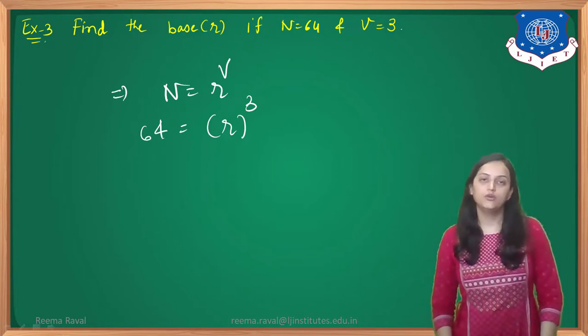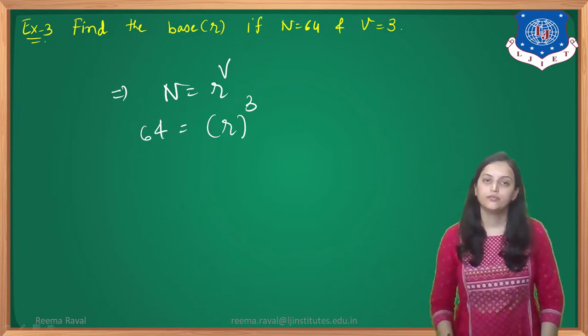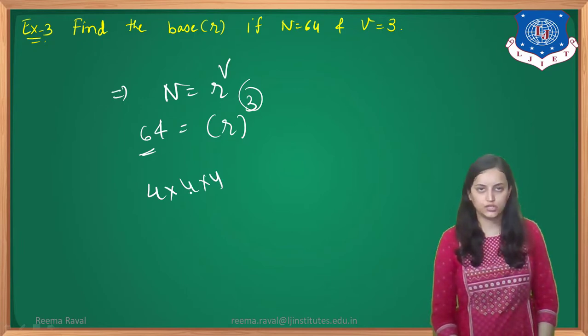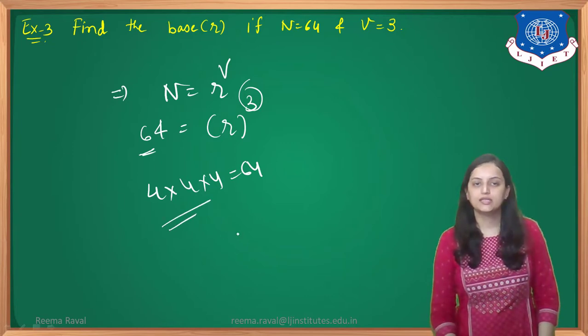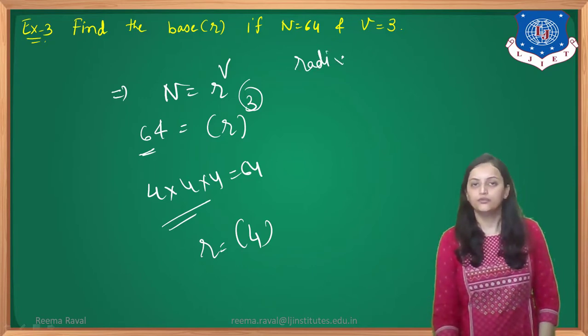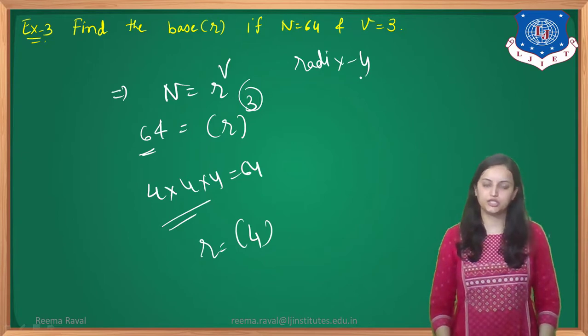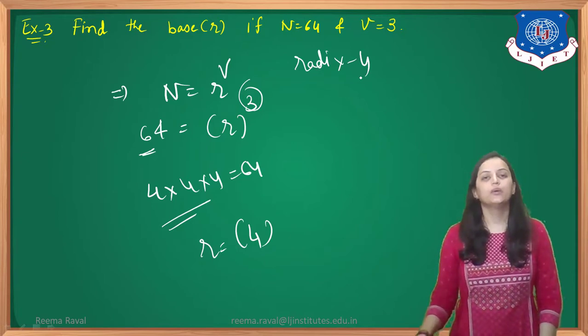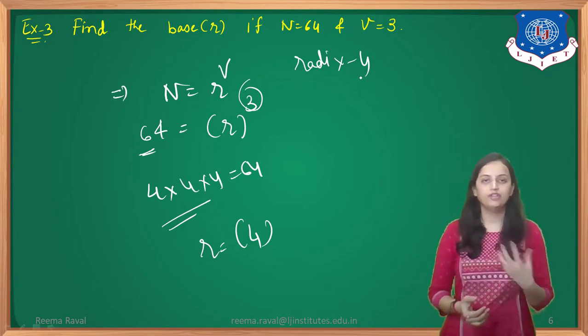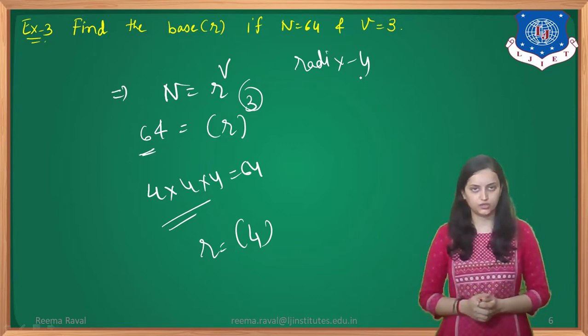Now what will be the value of r? To get 64 with the power 3, we get 4 into 4 into 4, that means 4 into 4 is 16, and 16 fours are 64. So we can say that the base is 4. So we will need to use the radix 4 algorithm, or radix 4 computation of DFT. Now in this syllabus you have radix 2 algorithms. In radix 2 you will have DIT FFT and DIF FFT structures.